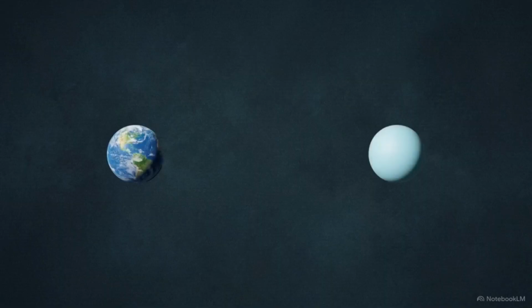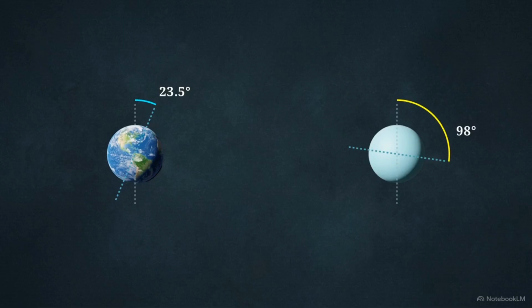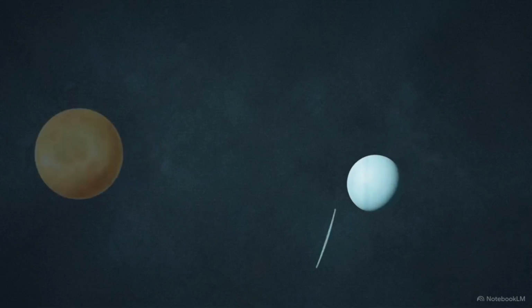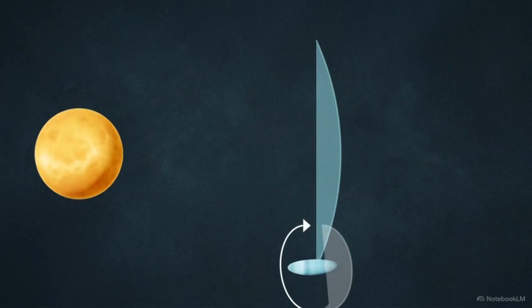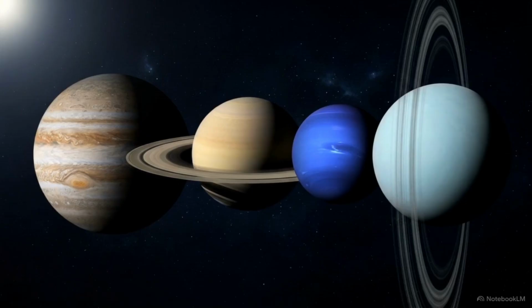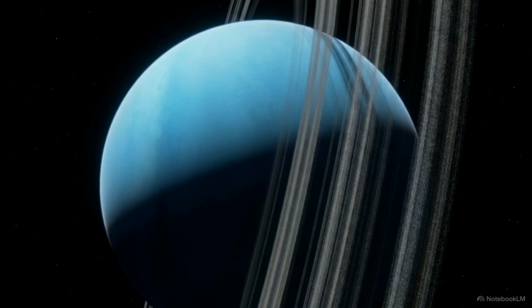This comparison highlights the anomaly. While Earth sits at a modest tilt, the axis of Uranus is slanted at 98 degrees. Instead of spinning horizontally like a top, the planet rolls forward along its orbital path like a ball on its side. This orientation contradicts the standard models of planetary formation. It forces us to ask how a planet of this size ended up on its side.